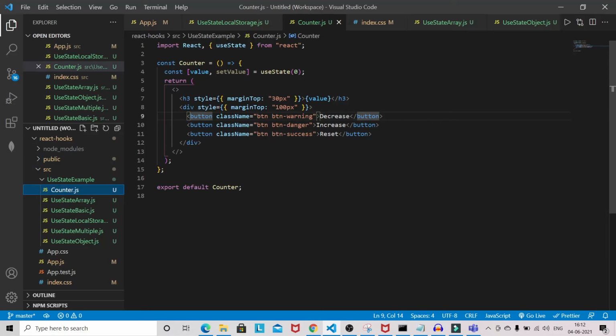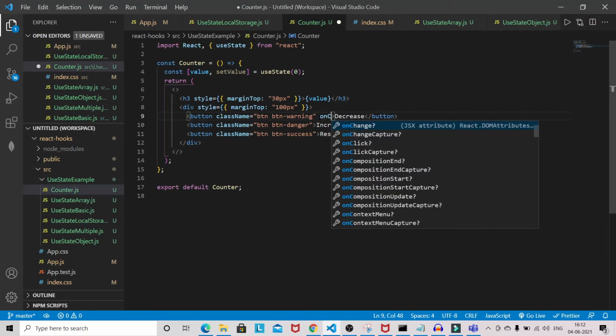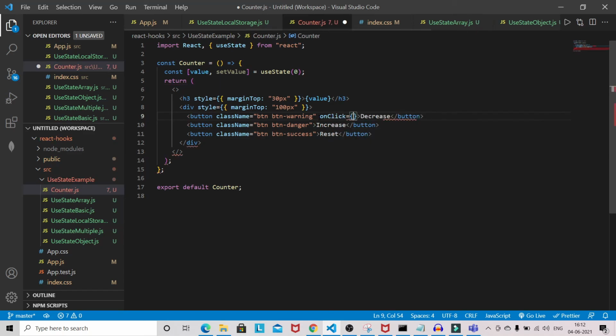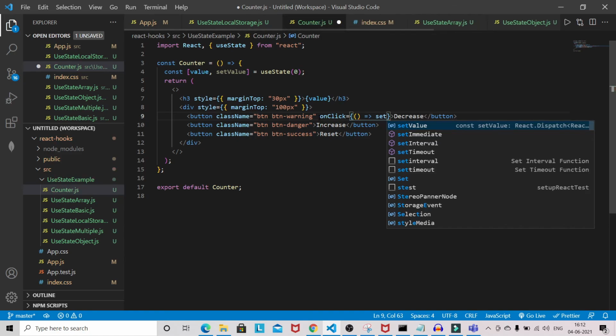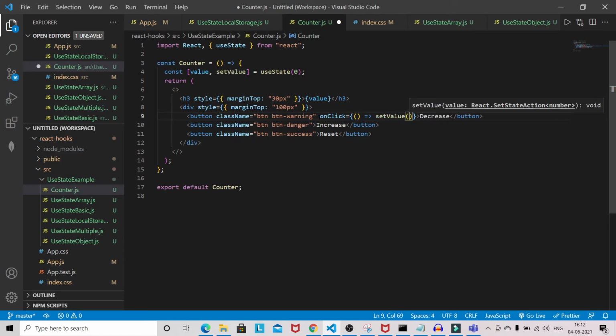Okay, now first we will attach the logic here. On click, I will decrease the value by 1. For increase, I will increase the value.